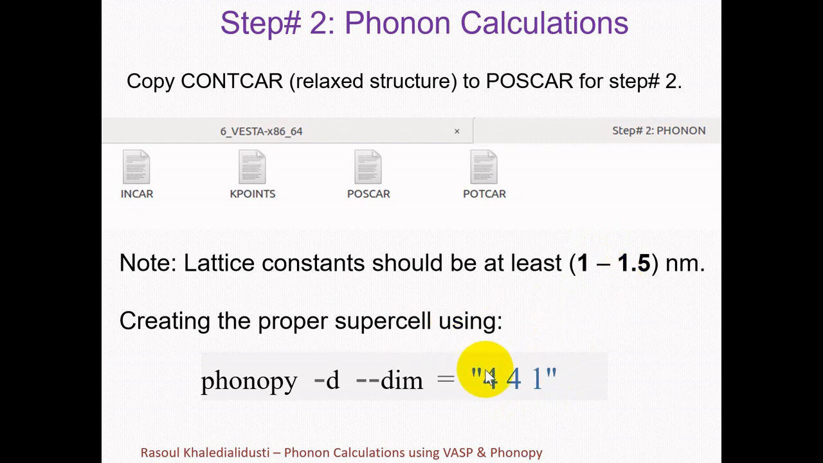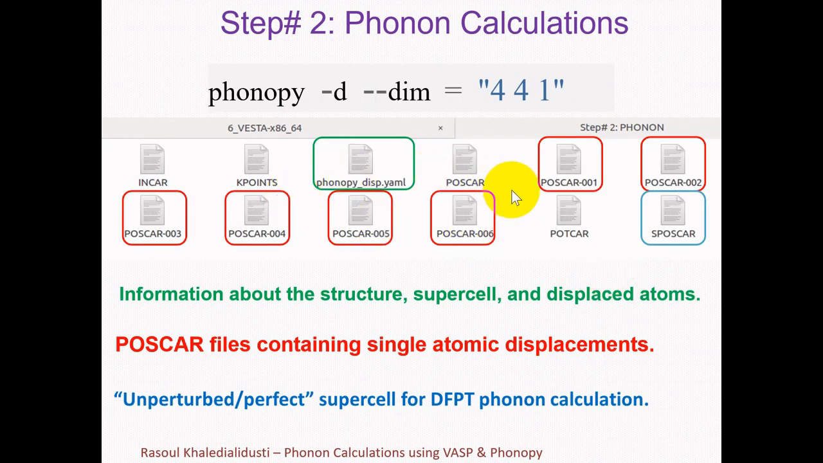You can create a different supercell according to your structure, and the size of the supercell is very important to get the right phonon frequency. Well, after performing this command, you can see that some other files are created. One is phonopy_disp.yaml, which includes information about the structure, supercell, and displaced atoms. We do not need this file for the calculation, and we can just find information about the supercell and displaced